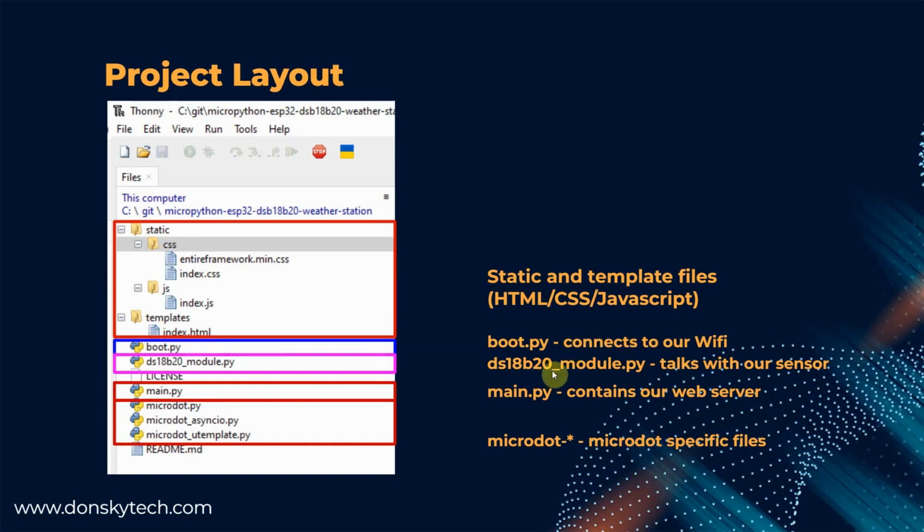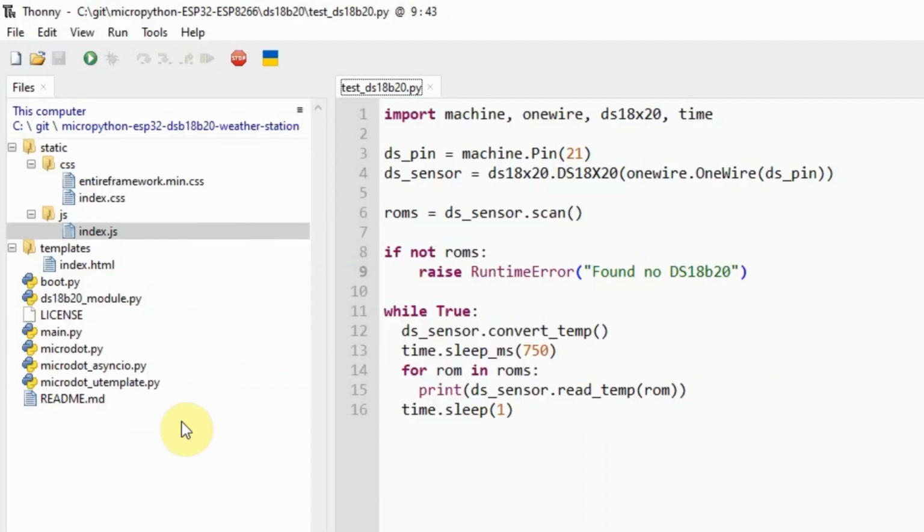The DS18B20 module will talk to our sensor, and the main.py will contain our web server routes. The Microdot files are specific to Microdot, and I just copied them from the Microdot project source. If you open this project in Thonny right now, you would see that this is the complete file structure.